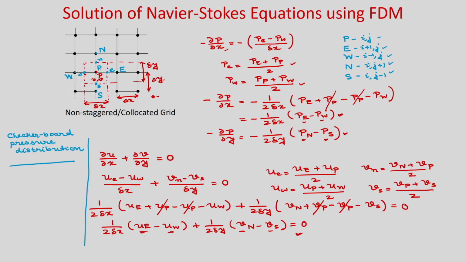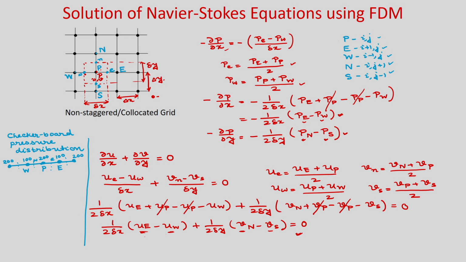So, let us say one-dimensional case, and these are the main points, the main nodes, and these are the faces. Okay. In marker and cell we are using a cell. So, this is your P, this is your E, this is your W, and these are small e and small w, and consider some pressure distribution which appears like it is 200 at this point, 100 here, 200 here, 100 here, and 200 here. So, some oscillatory pressure field is there.